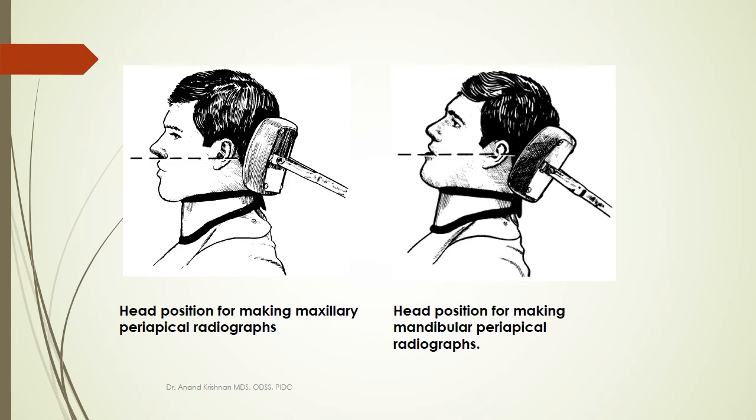Now just try this simple exercise at home. If you have a spoon, a tongue blade, or a scale, bite it between your teeth so that it extends out of your mouth, and sit straight. When you sit straight, you can see that the scale is almost parallel to the floor, almost horizontal. That is for the upper teeth, but if I want to achieve this for the lower teeth, you can see that it is not exactly parallel to the floor.